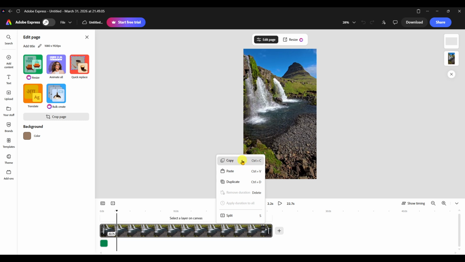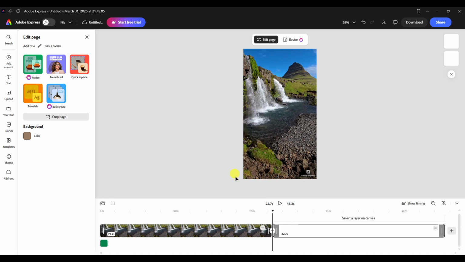Click the three dots to open the menu. A small list of actions will appear. This is where you'll find the tools that let you duplicate your clip without changing its contents. Choose Copy. This copies the selected clip exactly as it appears on your timeline, including its current length and any edits already applied. Think of it as making a perfect duplicate that you can place right after the original to